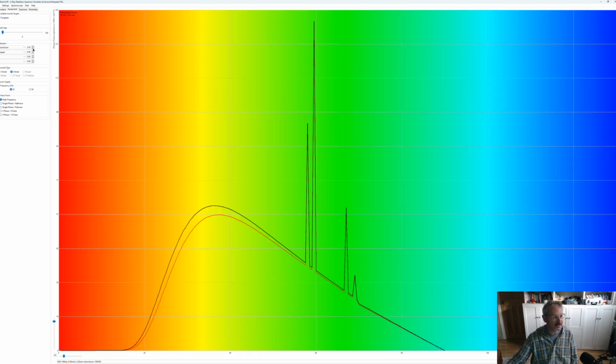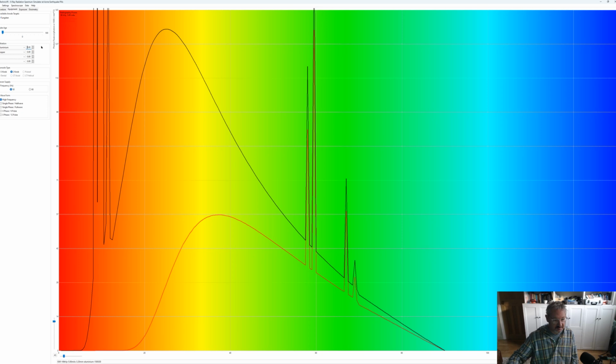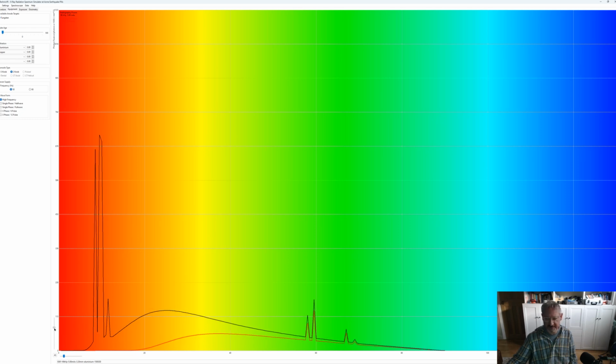So if I remove the inherent filtration, if I was to take the aluminium filter right out, in fact if I turn that to 0, so now I've taken the aluminium filter completely out, which is something that you would never do, and legally I think all X-ray tubes must be filtered, at least if they're capable of 70 kV, then they must be filtered. I think it's 1.5 millimeters of aluminium must be added, and the reason for that is because of these extreme peaks,